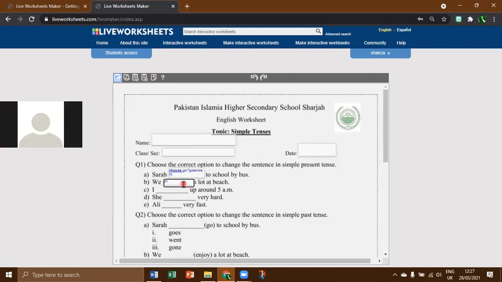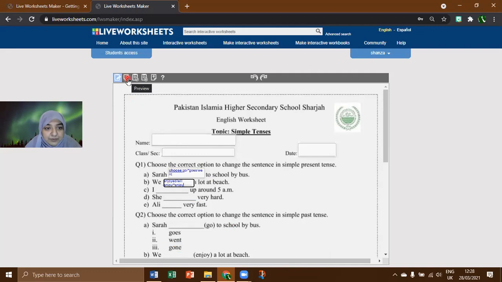Choose, colon. The options: enjoyed, slash, then I'm going to use the asterisk or star sign and write enjoy, slash, will enjoy. Okay, that's it.